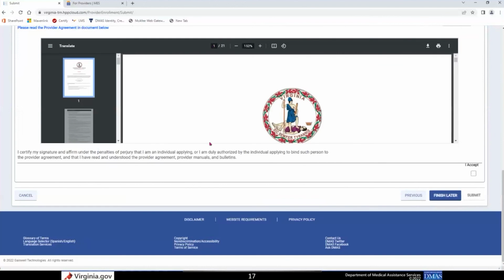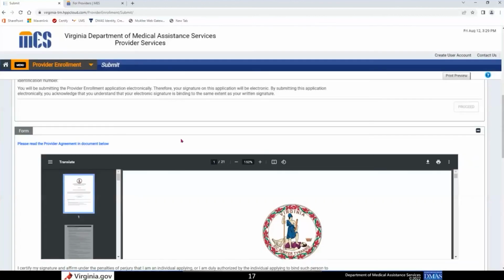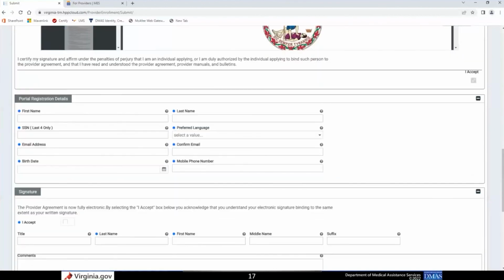Here we get our provider agreement document, which we would go through and read, and then click the I accept checkbox down here. And then by clicking yes, we agree to the terms and conditions of the provider agreement. We would go ahead and select yes, and we would scroll down. And here